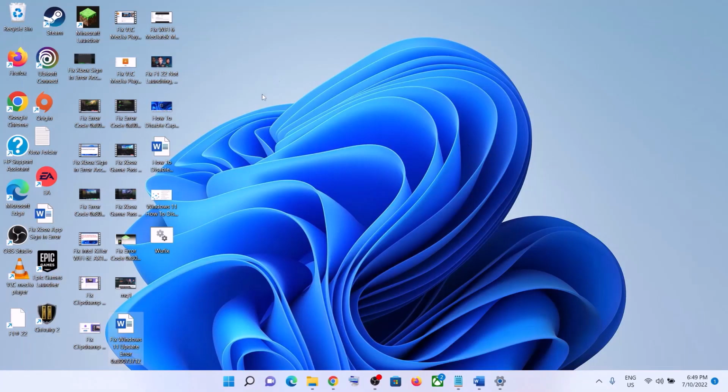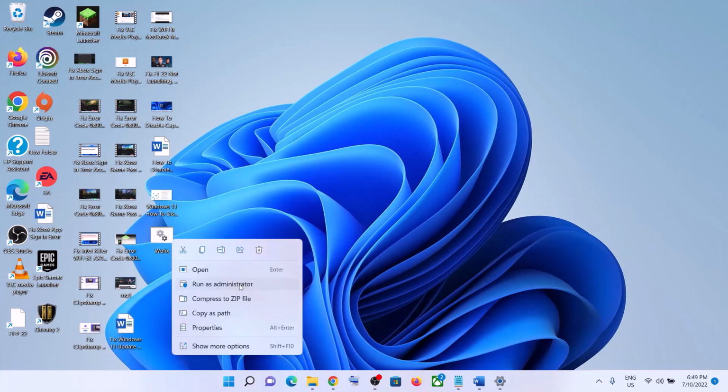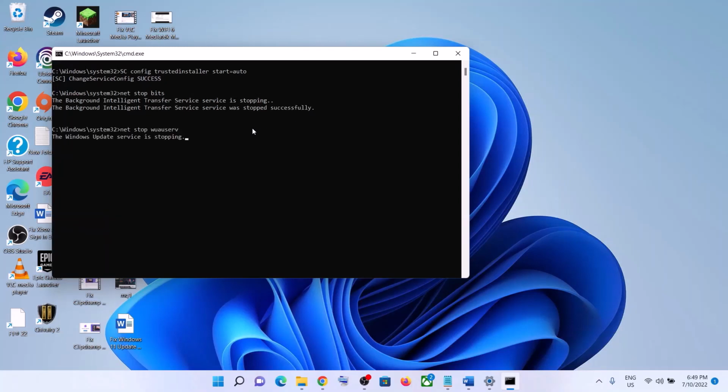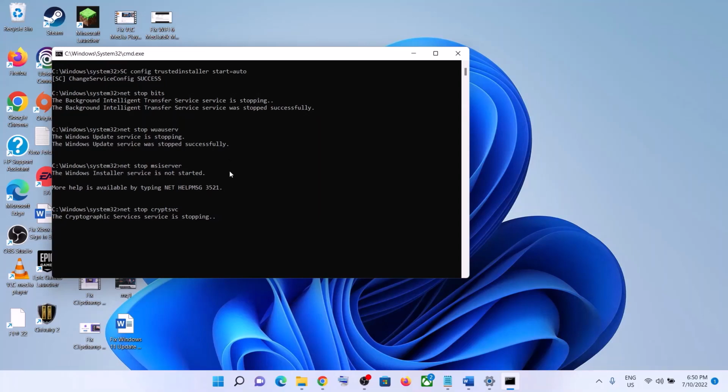Now go to Desktop. Over here you can see the wuauserv file. Make a right click, then click on Run as administrator. Make sure that you're opening this file as an administrator. Click on Yes to allow. Now this will open Command Prompt, and first of all it will stop all the Windows Update services, and then